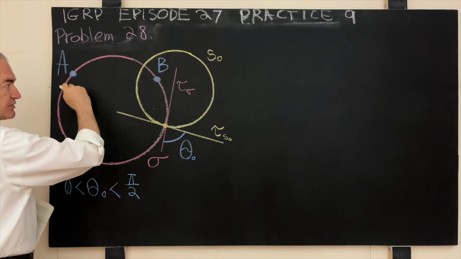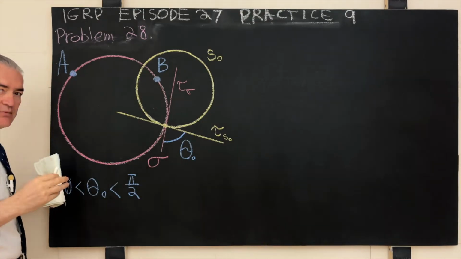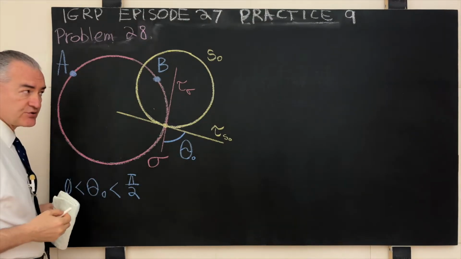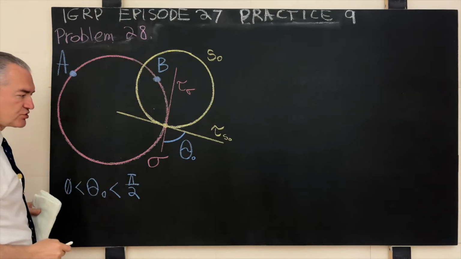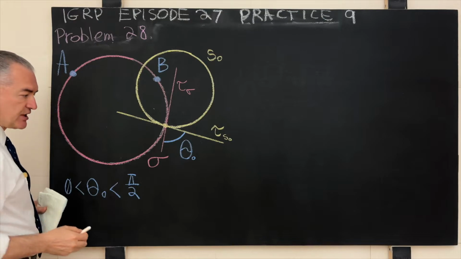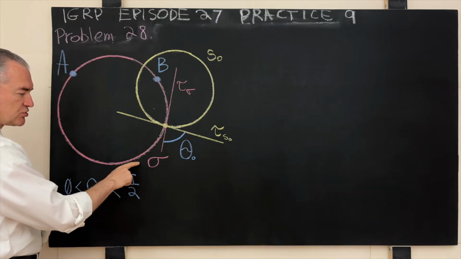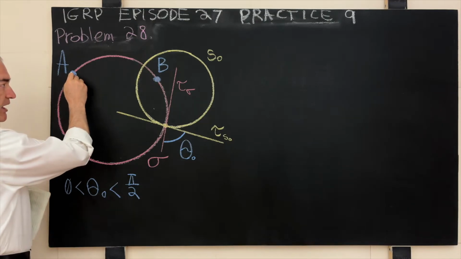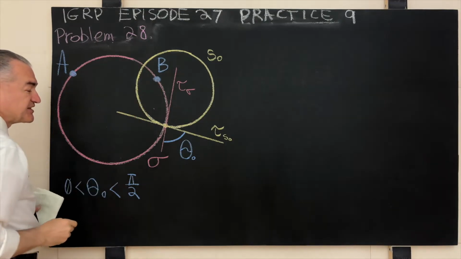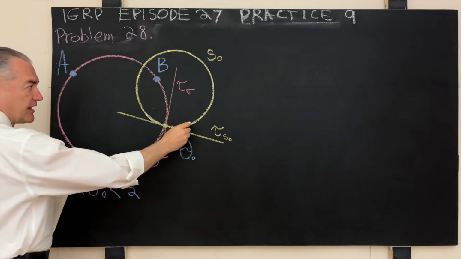The mutual juxtaposition of the input objects, of course, can be anything. This is just a simple illustrative example. And the challenge of problem number 28 is to construct all circles, such as a simple circle sigma shown in red, that pass through the two given fixed coplanar points A and B and intersect the given circle S0